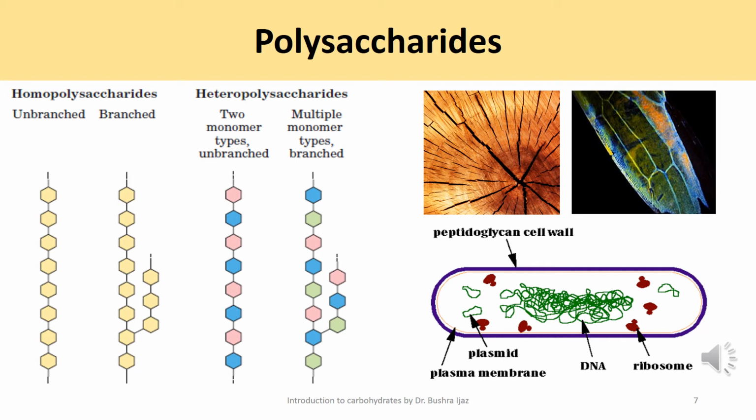Some homopolysaccharides serve as a storage form of monosaccharides that are used as fuel. For example, starch and glycogen are good examples of homopolysaccharides. Other homopolysaccharides, such as cellulose and chitin, serve as structural elements. They have a structural role in the plant cell wall and in the animal exoskeleton. Heteropolysaccharides provide extracellular support for organisms of all kingdoms. For example, the rigid layer of the bacterial cell envelope, called peptidoglycan, is composed in part of a heteropolysaccharide built from two alternating monosaccharide units.